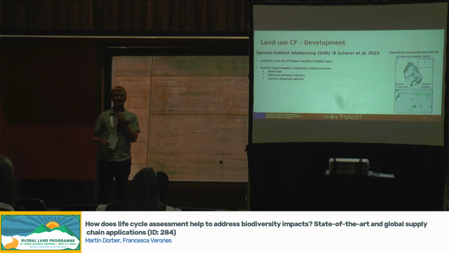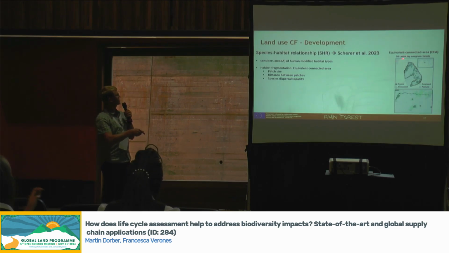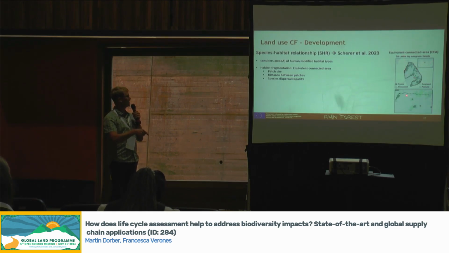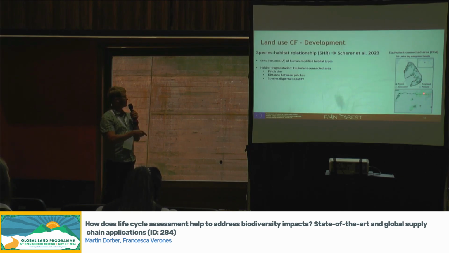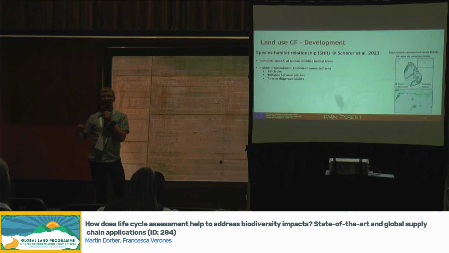To give you an example of how this works, I have here, back to Sri Lanka, one ecoregion. If we now zoom in, we see the different land use types. The first thing that we have to do is create these patches, so simply group rasters of the same land use types. Now we would like to find out, can the species really move to the next patch of the same type? There we really have to consider this, and it's really computational power that you need to do it,